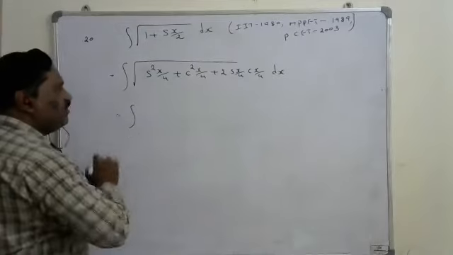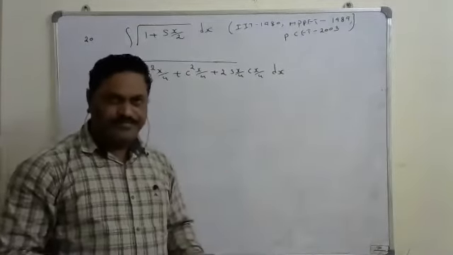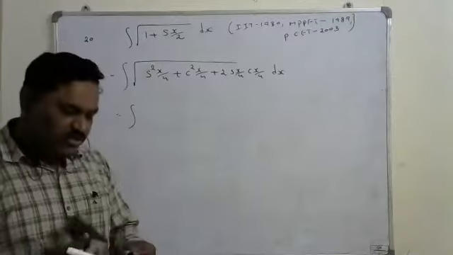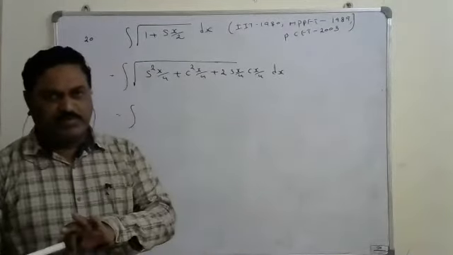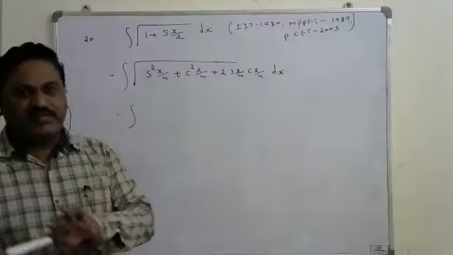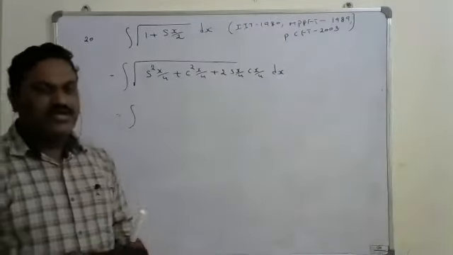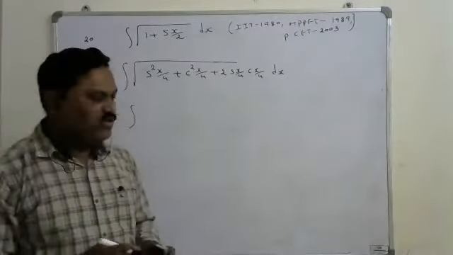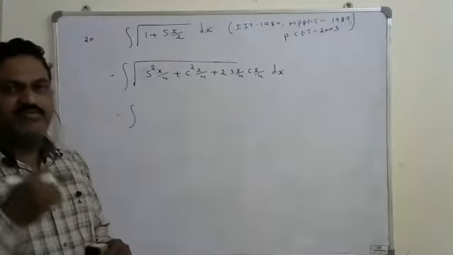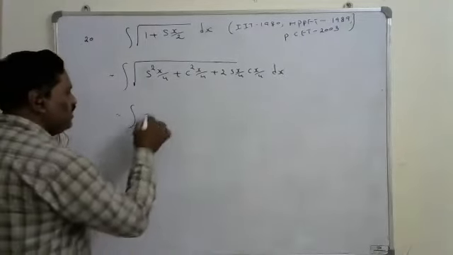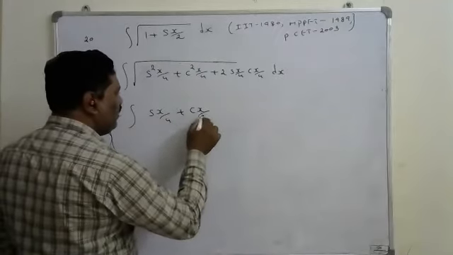Now it is in the format of sin x by 4 plus cos x by 4, whole square. There is a plus in between, so I can write sin x by 4 plus cos x by 4 or cos x by 4 plus sin x by 4, both are the same. That's why you don't need to consider the graph or which is bigger. Directly, I can write the square root of the whole square as sin x by 4 plus cos x by 4, dx.